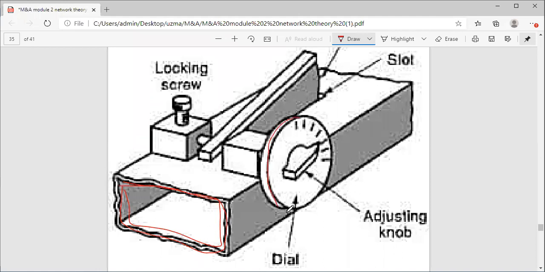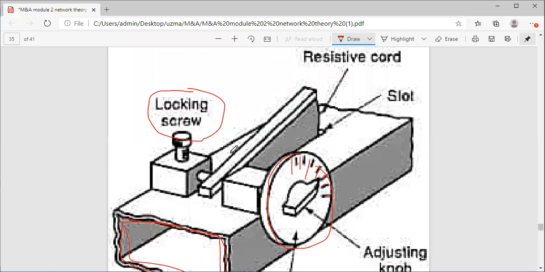You can see there is a knob here. Okay, this is an adjustable knob, and there is a dial. Some readings are also lined here. This is your locking screw. Obviously, once we attain a position, it is necessary to lock it. That's why the screw will be there. So this is something like a small fan kind of structure. You call it a flap. So this is a flap,